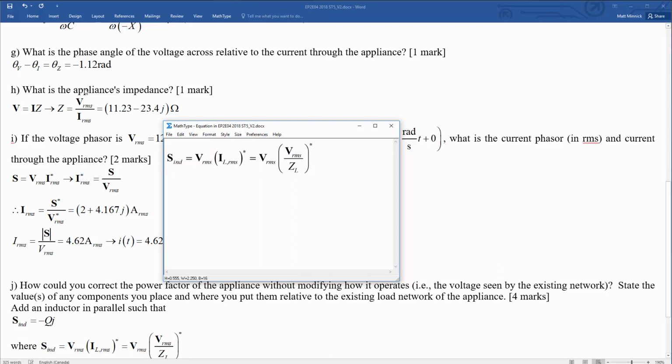Yeah, okay, great. So this is going to be Vrms squared over the complex conjugate of Z, which is negative j